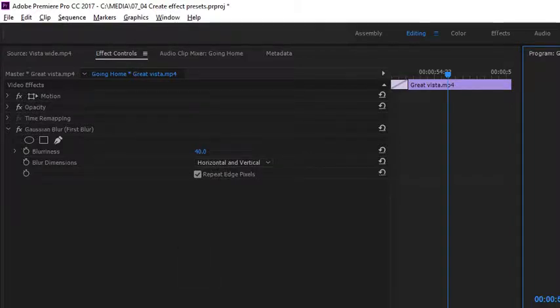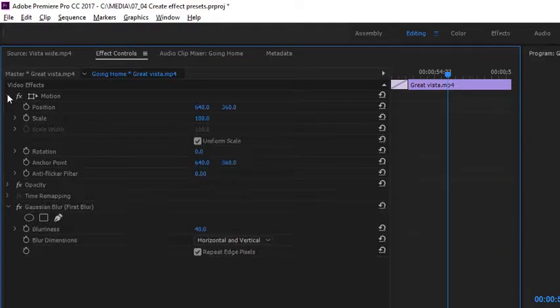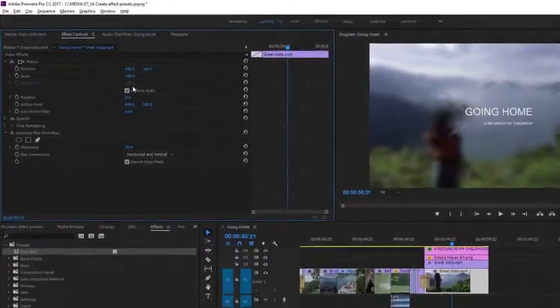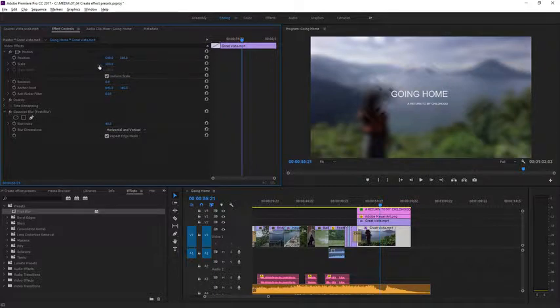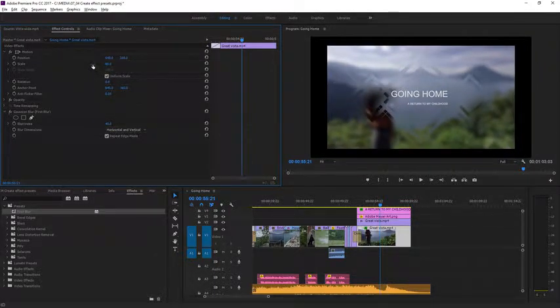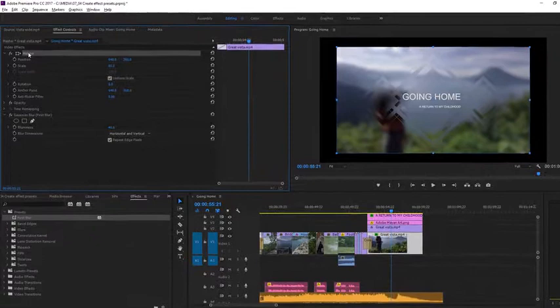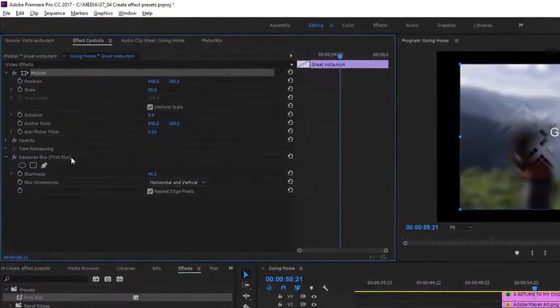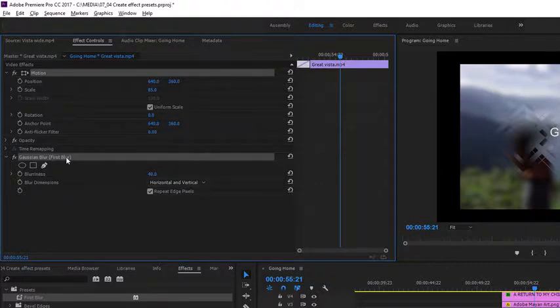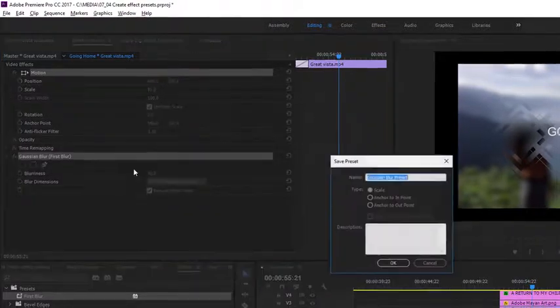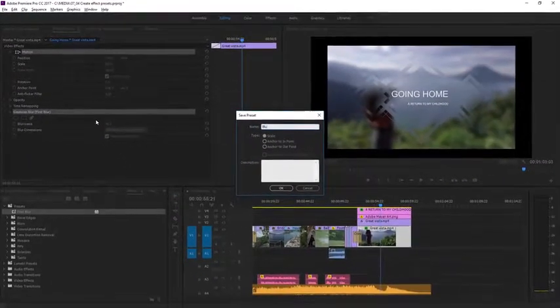With this last clip selected, I'm going to go to the Motion controls in the Effect Controls panel, and I'm going to scale this down to about 85%, something like that, just to give it a border. Now I want to combine this Gaussian blur effect with the motion effect that has that scale adjustment applied. And to do this, I'm going to hold down here in Windows the Control key, and on macOS the Command key, to make a multiple selection in the Effect Controls panel. With those two effect headings selected, I can right-click, I can choose Save Preset, and let's call this Blur and Scale,